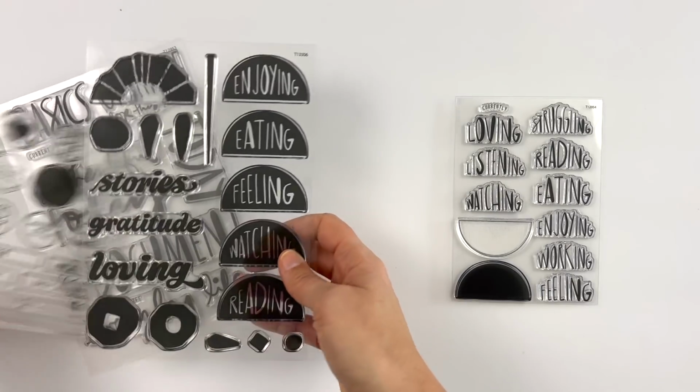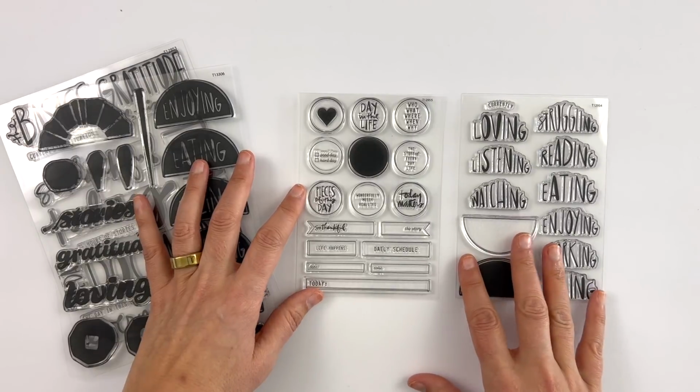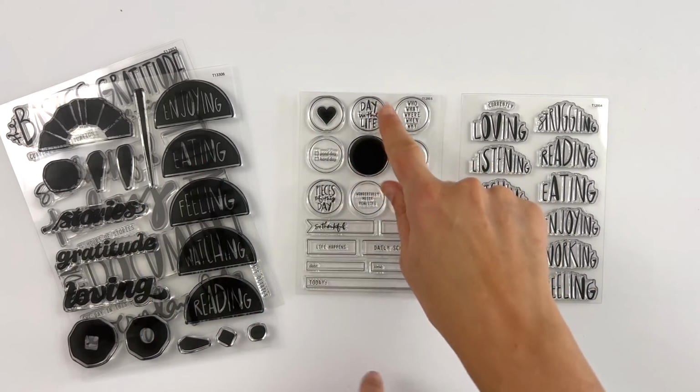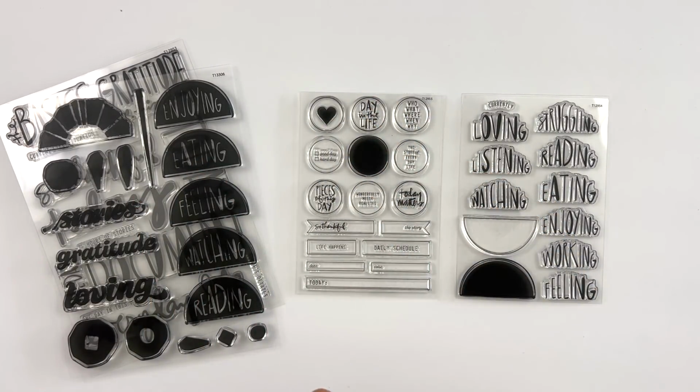So that one turned out really fun. And then the other one we have here is a really classic set for Day in the Life. It's got a heart inside the circle. It has the Day in the Life stamp with the outline, who, what, where, when, and why, the stuff of